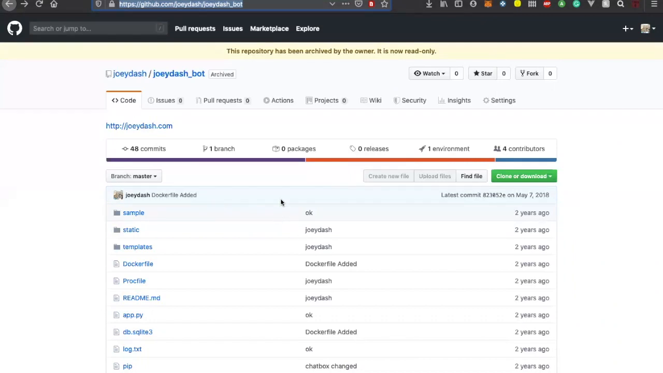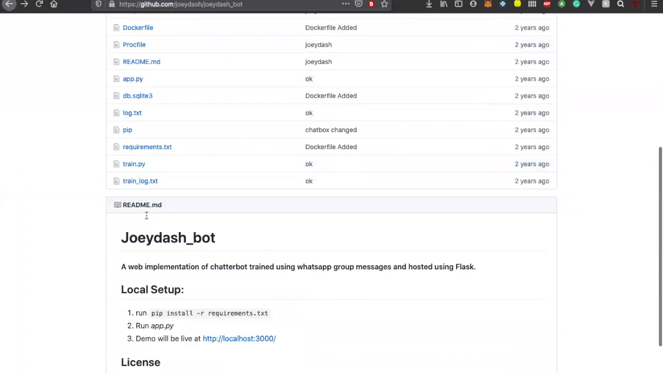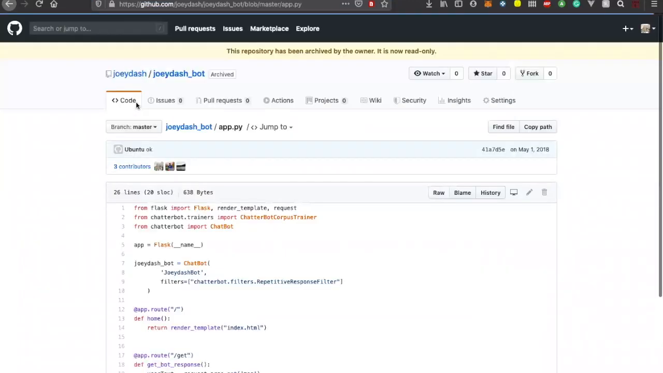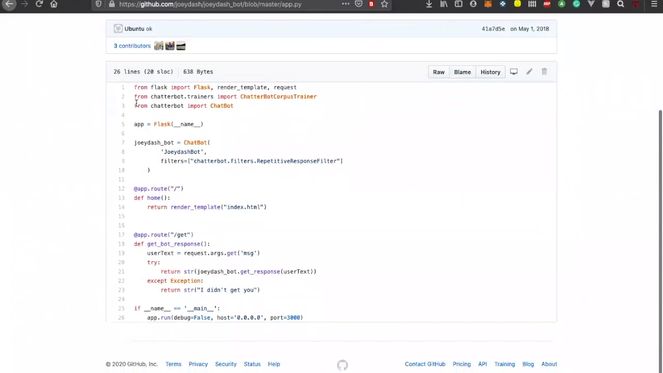So in this GitHub link, if you click, it will open up a repository which has been archived, since I'm not developing anything on that. Inside that you will see one app.py file. Instead of writing the code, I'll explain it to you. This is a very simple, small file